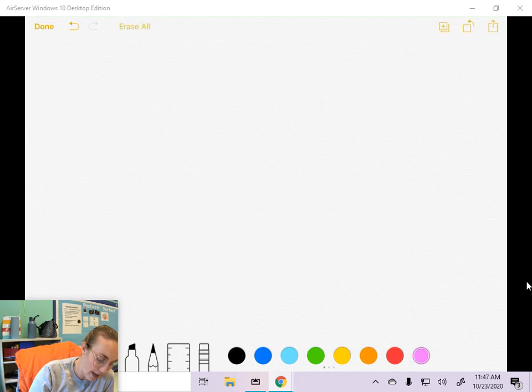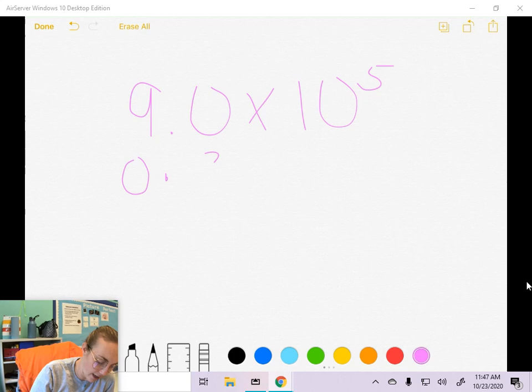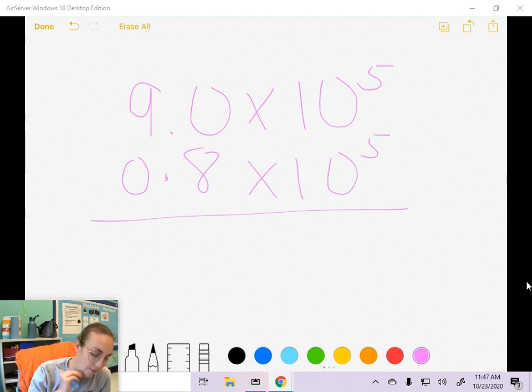So now we have 9.0 times 10 to the 5th power, and then we have to put 0.8 tenths times 10 to the 5th power. Okay. So once you have that, again, we can bring these down, 10 to the 5th power, and then